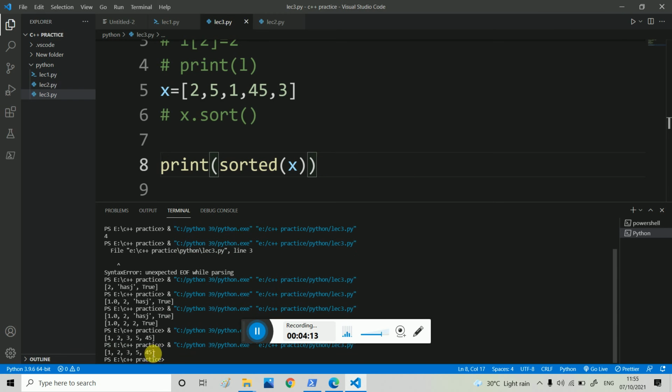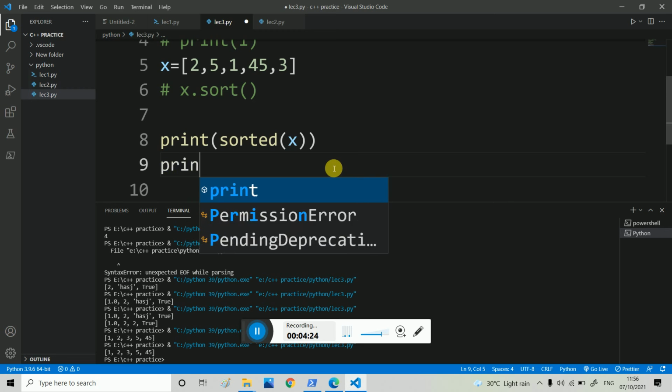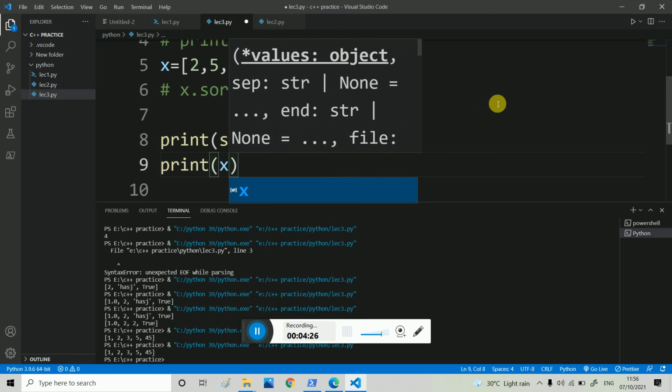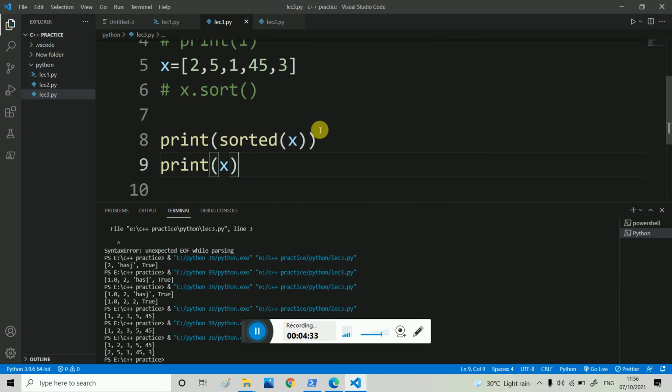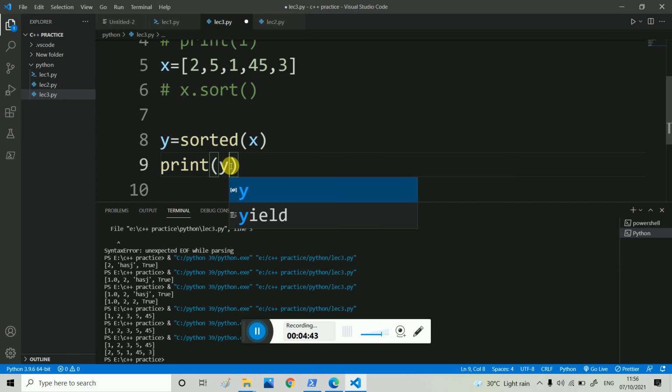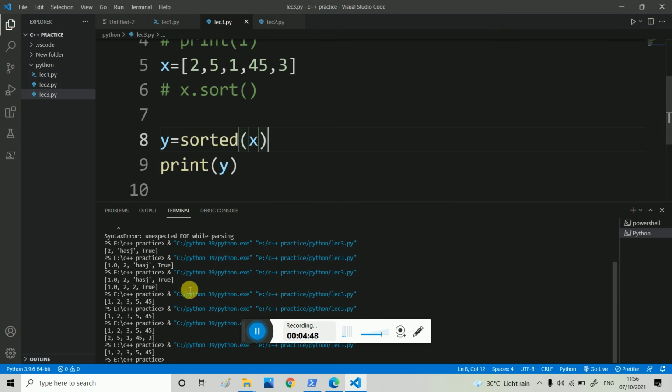This will give me 1 2 3 4 5, but this is different, that is this value is stored in another variable. If I print x, this is 2 5 1 4 5 3. The actual list remains the same. So the sorted value is stored in y. I think you understand how exactly this works.